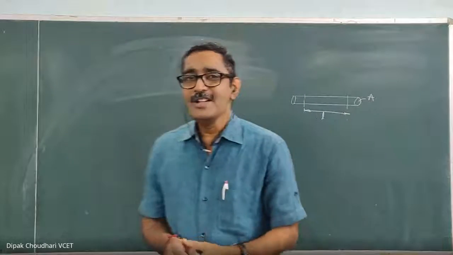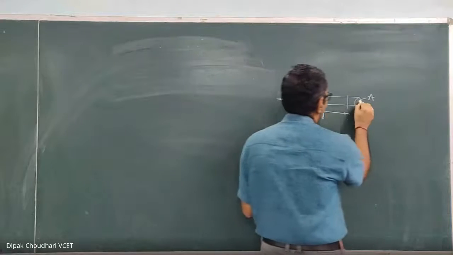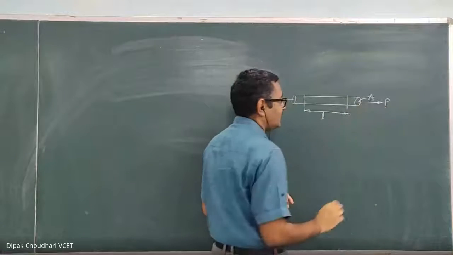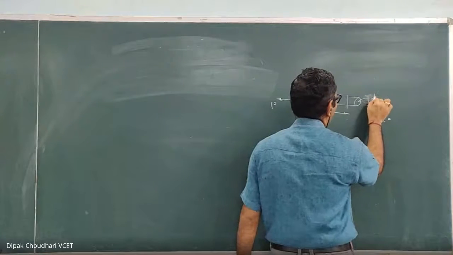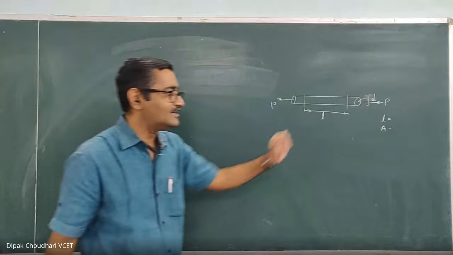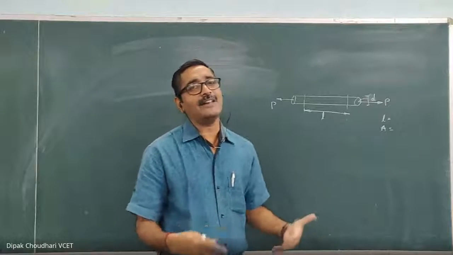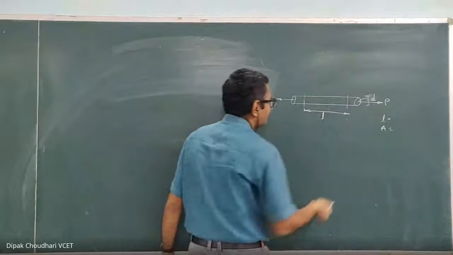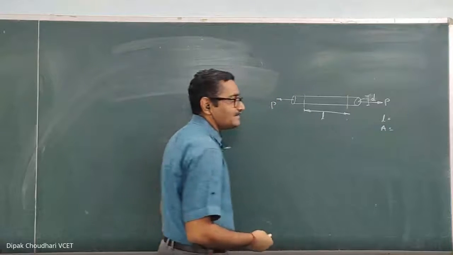Now, when we apply the tensile force on this specimen using the universal testing machine, this original length and the cross-sectional area are known to you. The original diameter is known, and with the help of that diameter we can calculate the original cross-sectional area. We apply the axial tensile force and increase the magnitude of that axial tensile force gradually. When we increase the magnitude of the force P gradually, the length will also increase.